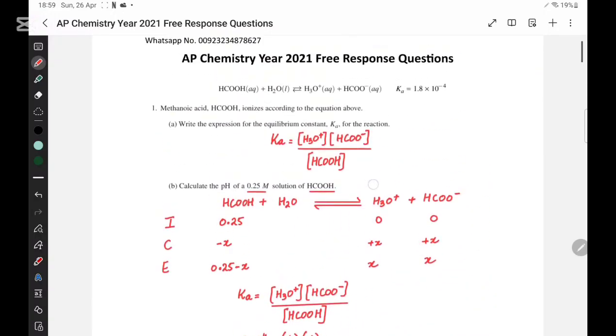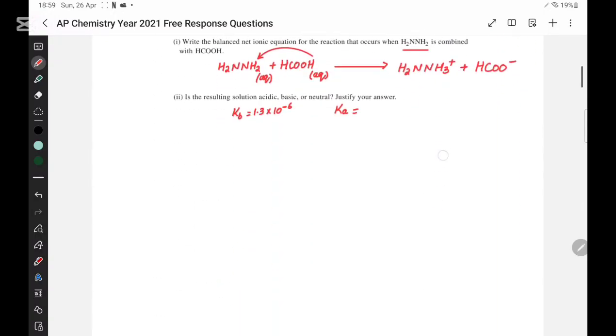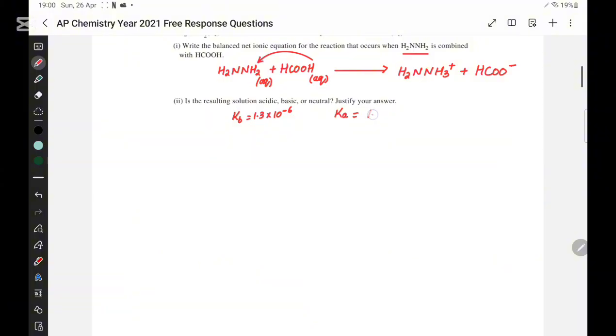That is going to be 1.8 times 10 to the power minus 4. So you can see one thing, that the acid dissociation constant is greater than Kb. Because of that, you are going to say it is going to be acidic. That is going to be acidic. Why is it acidic? Because the production of